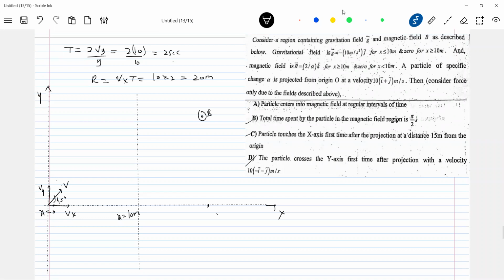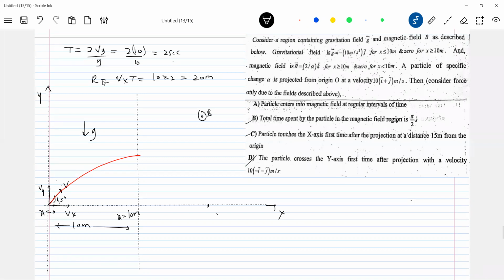Then let's come for the path. So as long as due to gravity, how it should move? Due to gravity, it should move in a parabolic path. So the particle is going to describe a parabolic path. I'll say that it will enter horizontally. You can ask a question like that, why are you putting horizontally? So what is the total range? 20 meter, no? And this distance is given 10 meter. So what do you expect that?